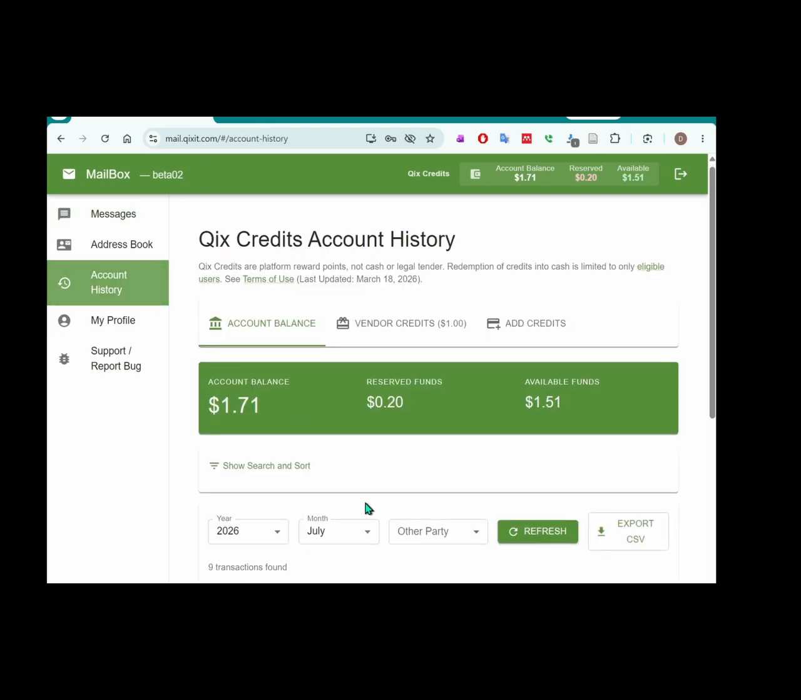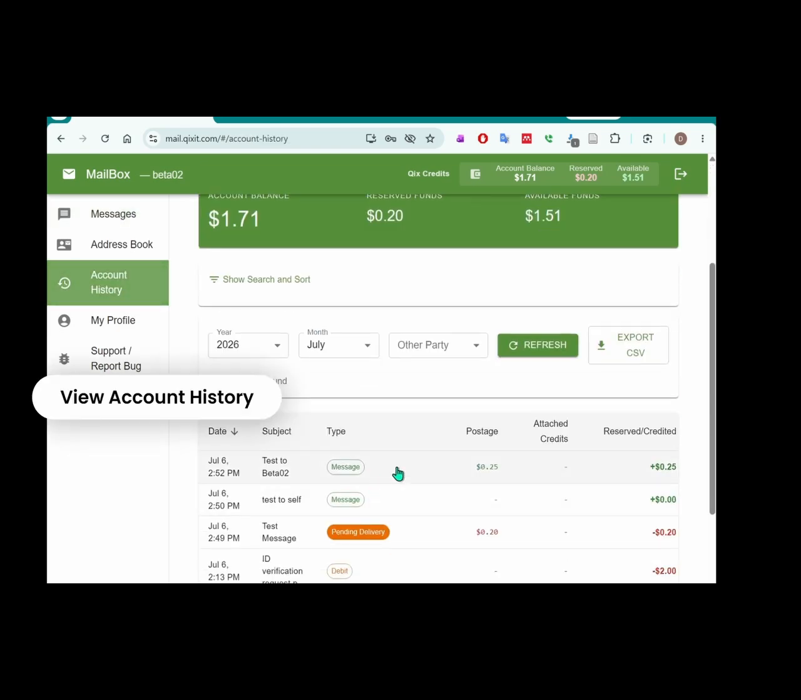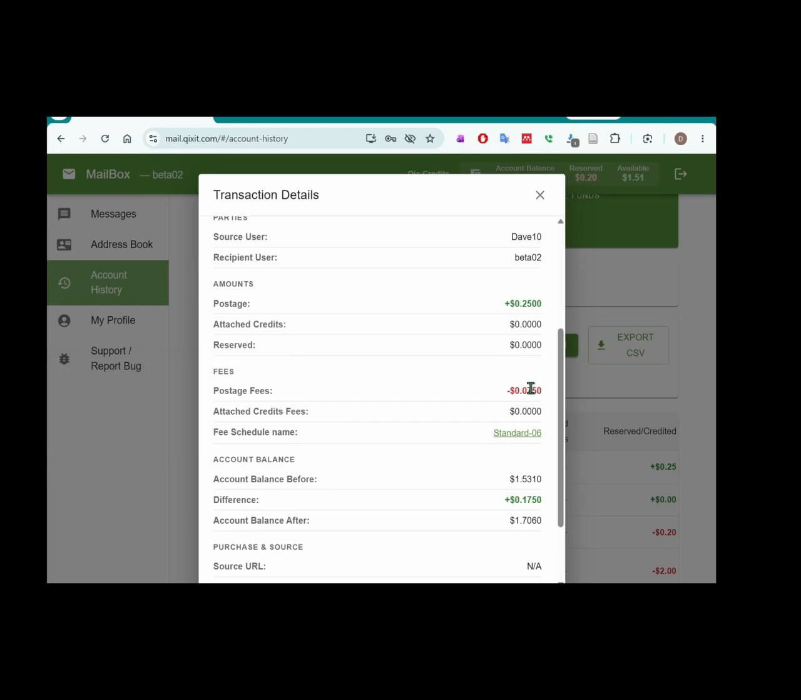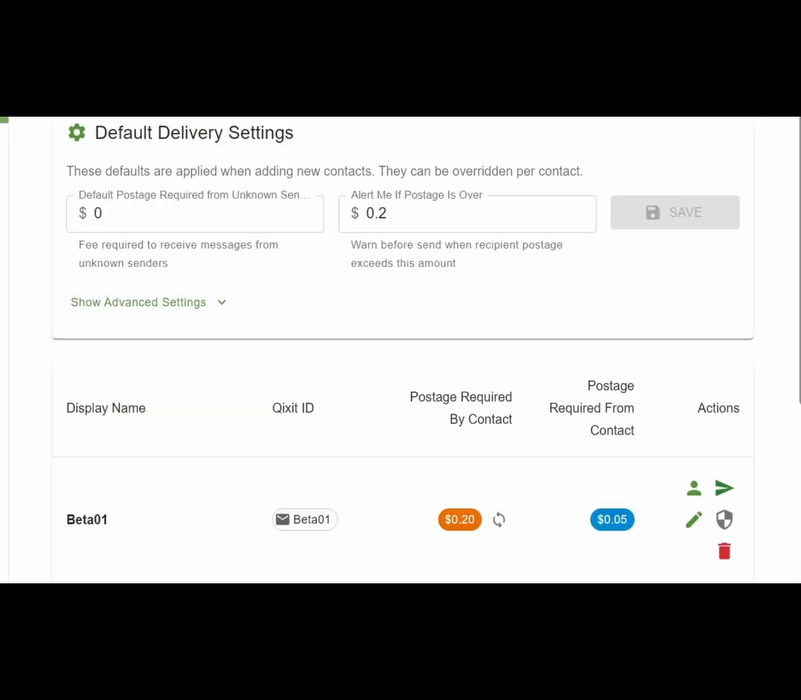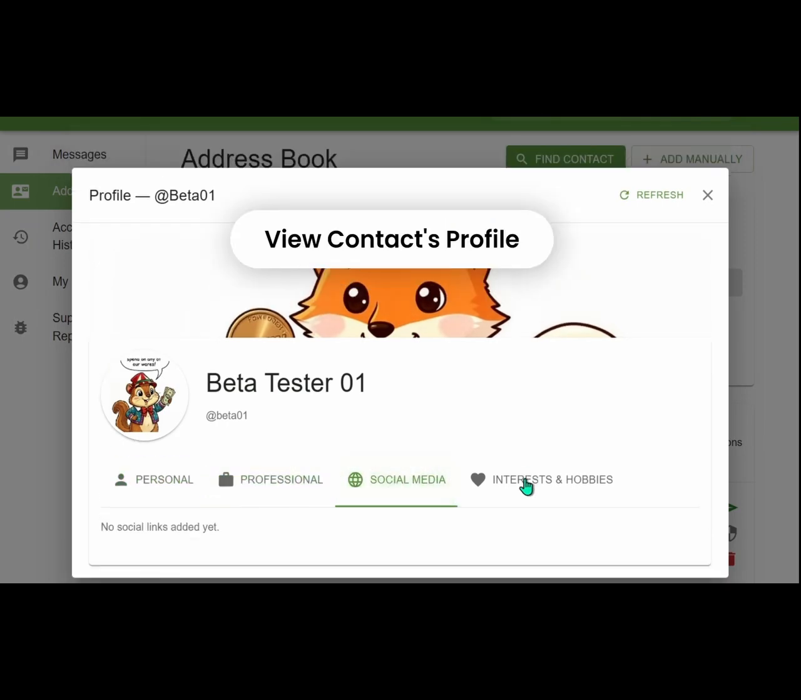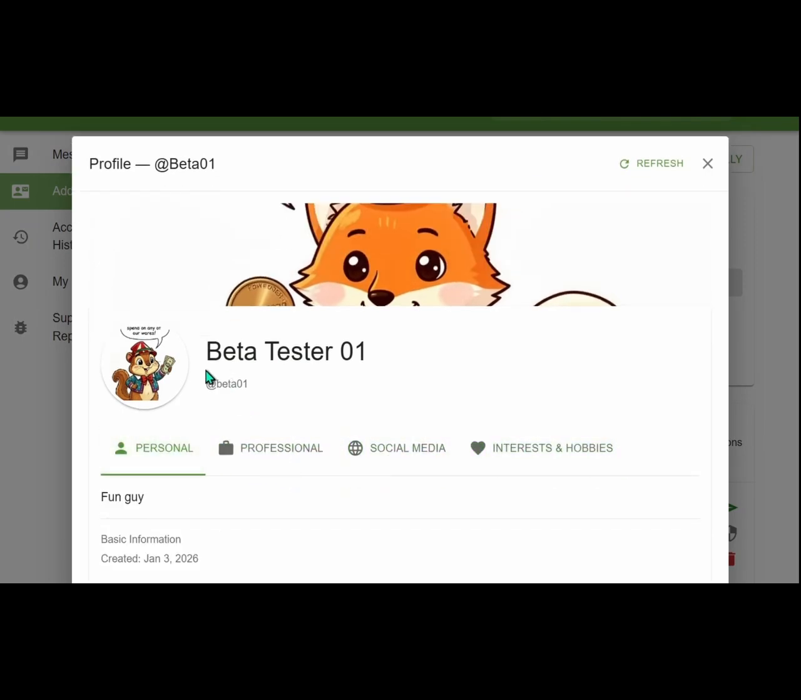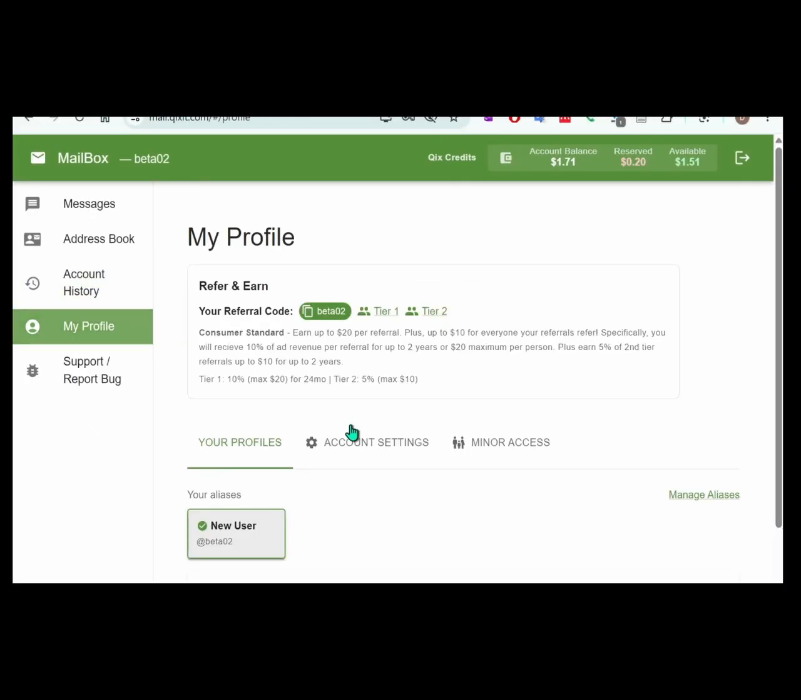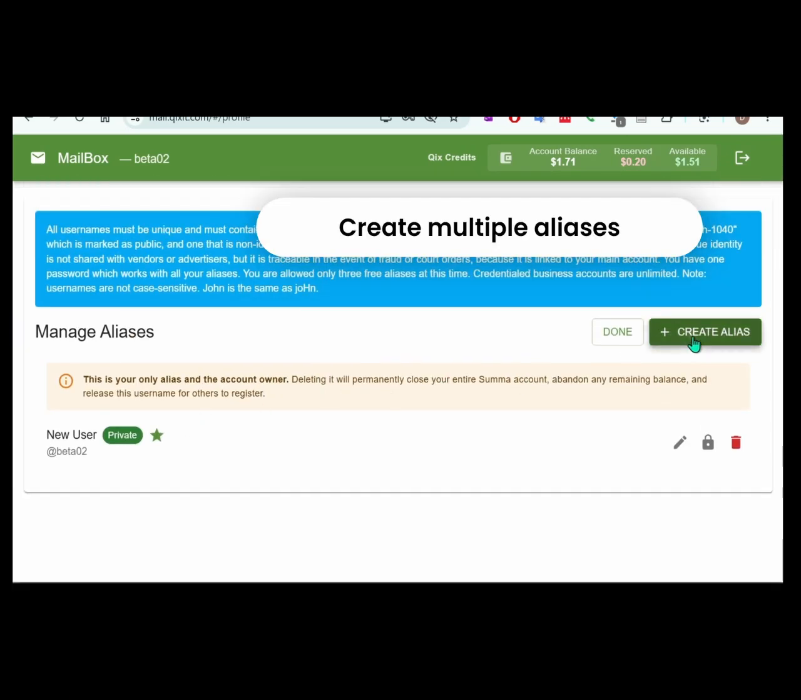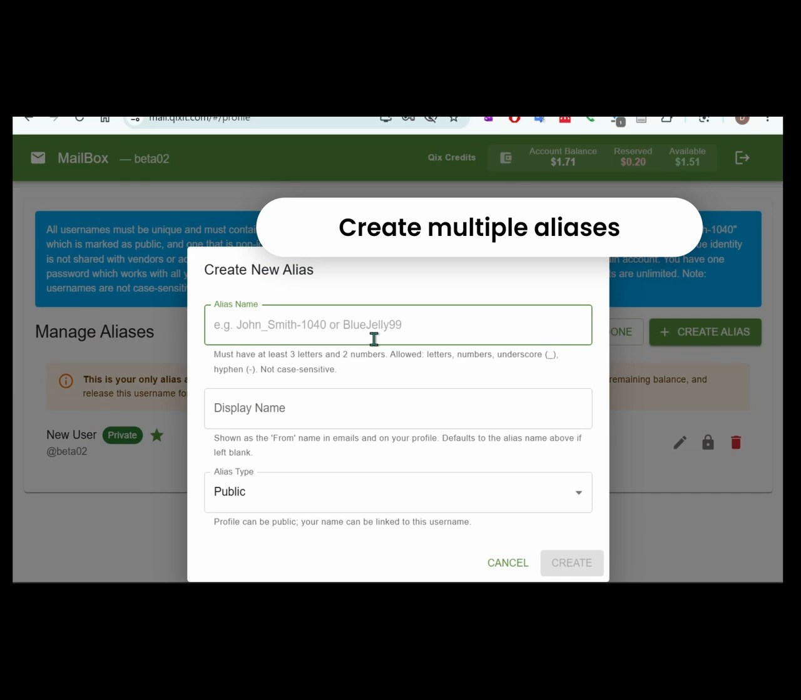I can look in my account history, and that's where I will see again the details that 25 cents was received, less that. When you're in the address book, you can click on this view profile to see the person's profile, including their professional social media interests. Now that's related to the specific user ID beta01. Under my profile, you can set multiple users. You can create a second alias. For example, I create the alias